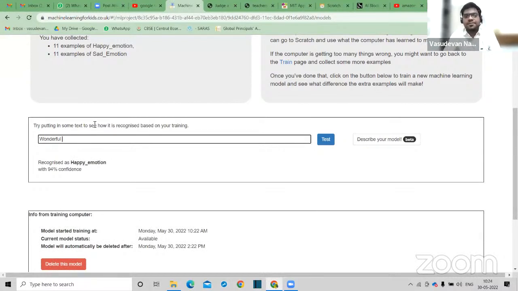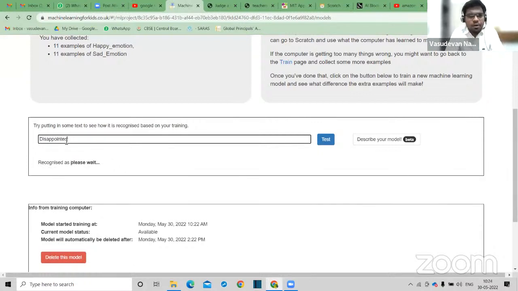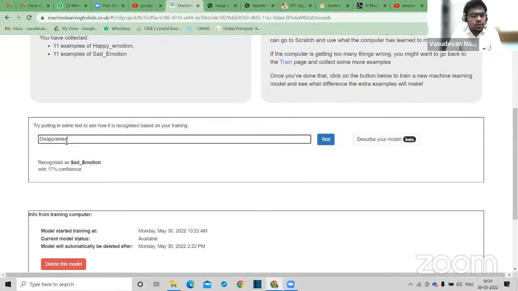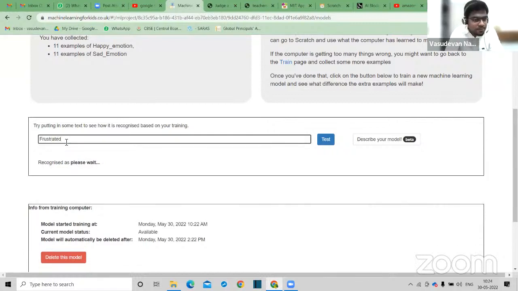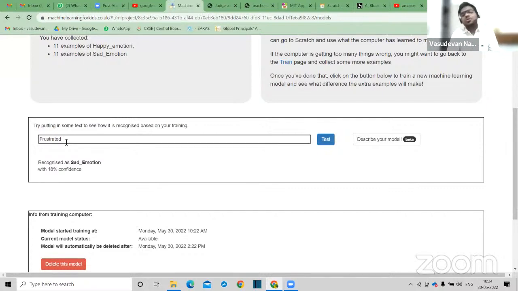Perfect. Okay, pain. Okay, disappointed is a good word, but we gave disappointed there, right? Okay, sad emotion. That's great. Unhappy was given. Frustrated. Let's see. Oh, perfect. Sad emotion. So here you can see that things are coming according to the categories. Fantastic could be tried again because we didn't put fantastic there, and that's happy emotion. That's perfect. Fabulous was already present over there.